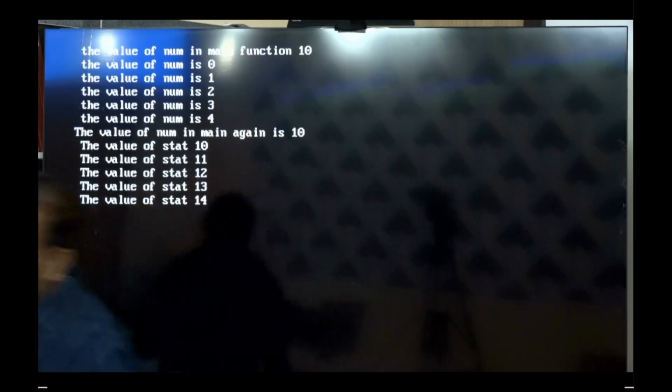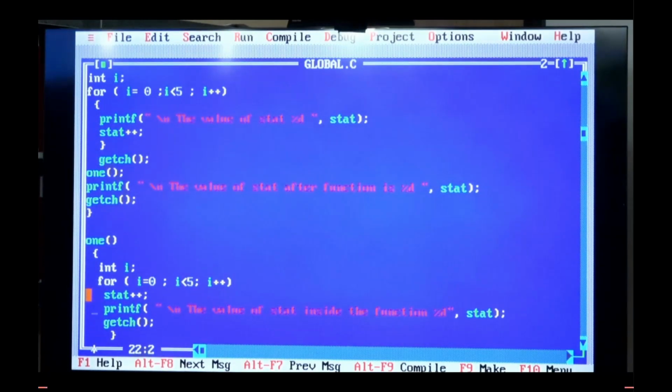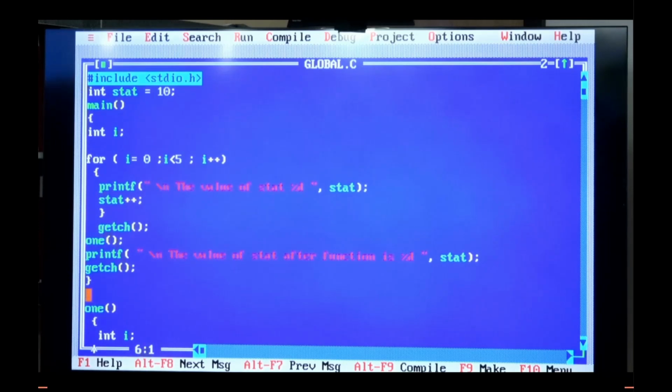Let us write clear screen, so therefore you will understand this. First we will write clear screen here. Here I am writing clear screen. This is a function written in stdio.h for you to clear the screen. Now I run this. So value of stat is 10. Value of stat is 11, value of stat is 12, the value of stat is 13, the value of stat